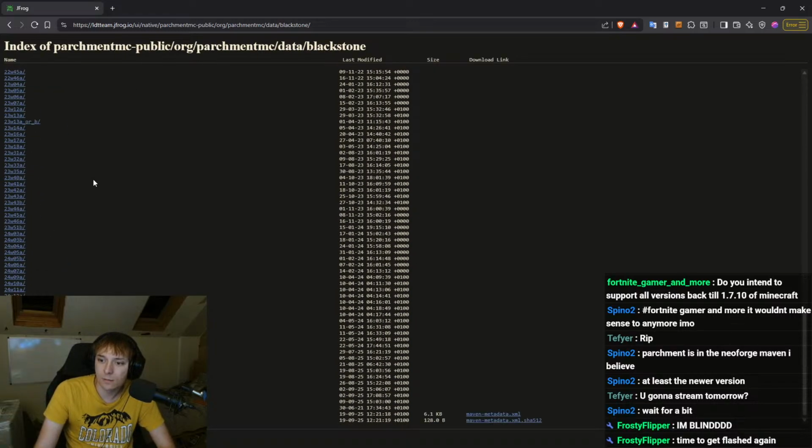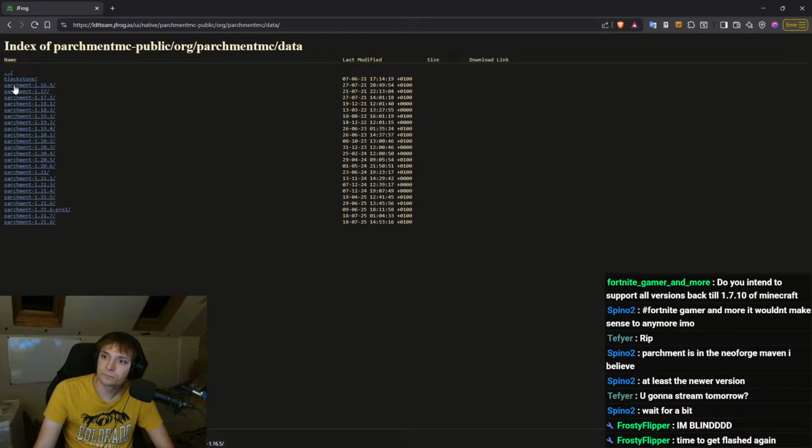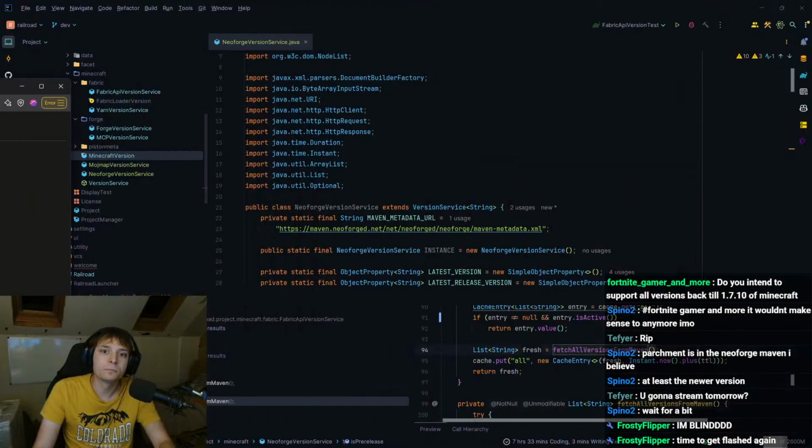This is insane. So what is Blackstone? Does anyone know what Blackstone is? I certainly don't. I thought you could get the Maven metadata from this. You know what we can do?